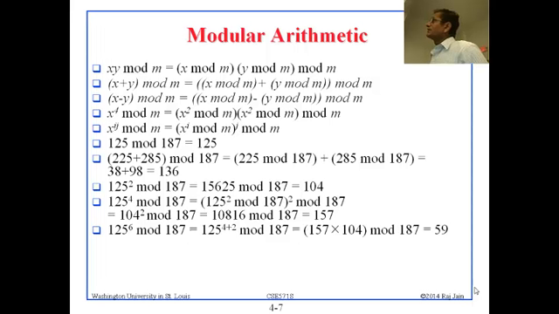X raised to ij is the same thing. These are also examples of the same multiplication thing. You do x raised to i, find the mod, and then do j, and then find the mod. An example of this